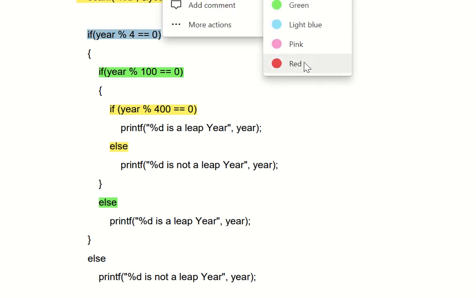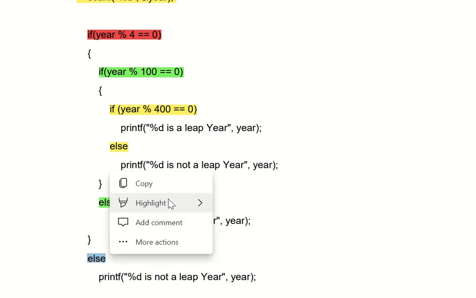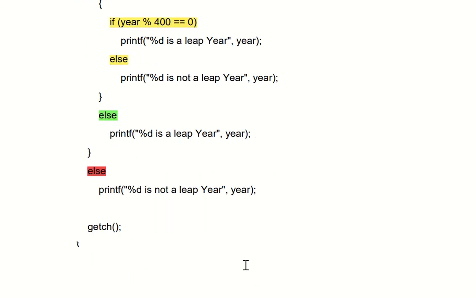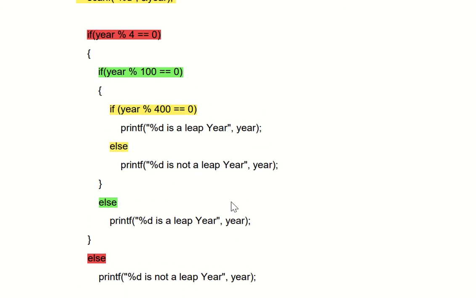If at the beginning this condition is false, it will jump directly to this else part, where we have printf not a leap year. I have just highlighted with colors, red if then red else, green if, green else, and yellow if, yellow else, just for your understanding.